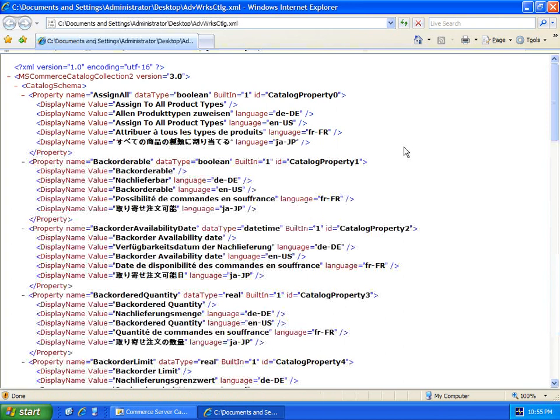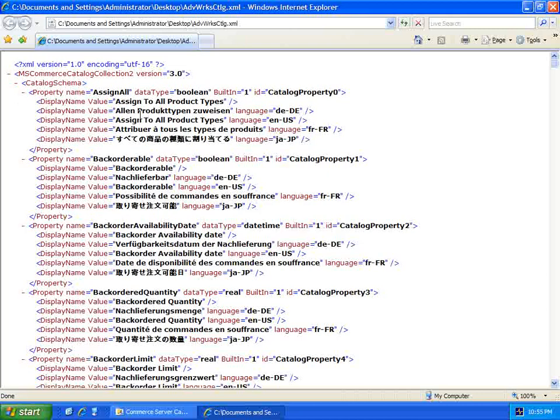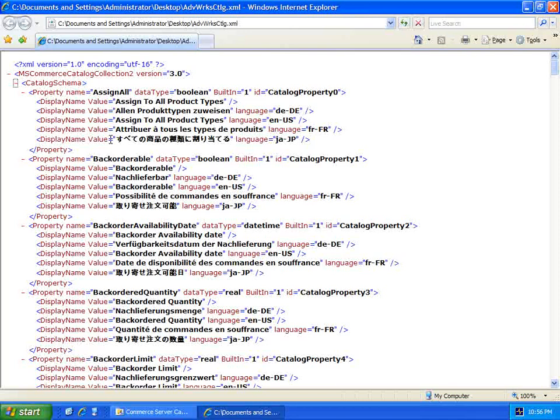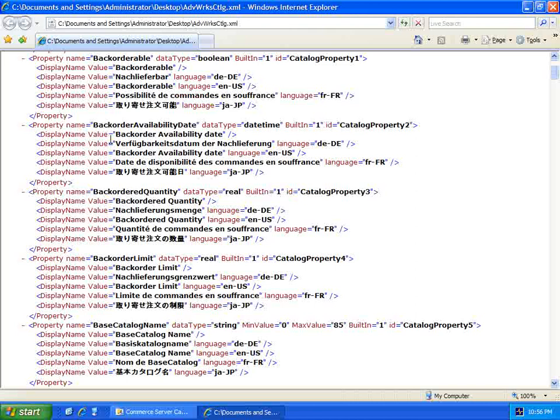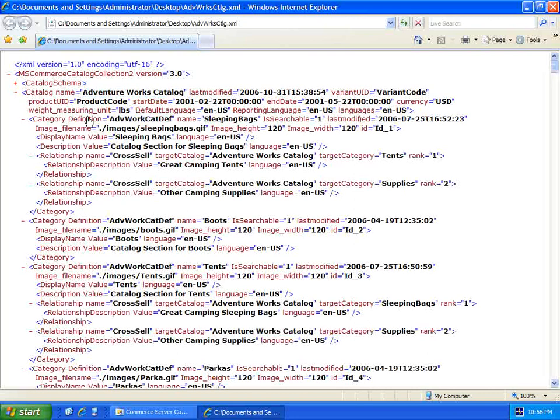And the XML file looks something like this. Now notice that we had said we wanted to export the schema, and all of the schemas are available here. Next, we had said that we wanted to export the AdventureWorks catalog, which is here, and here's all of the